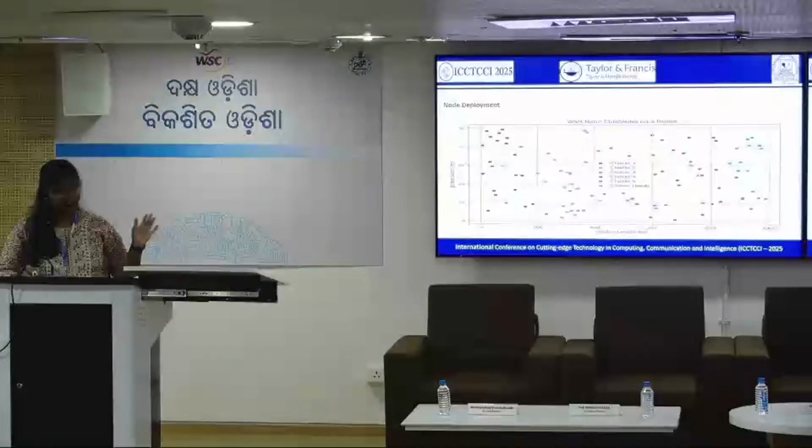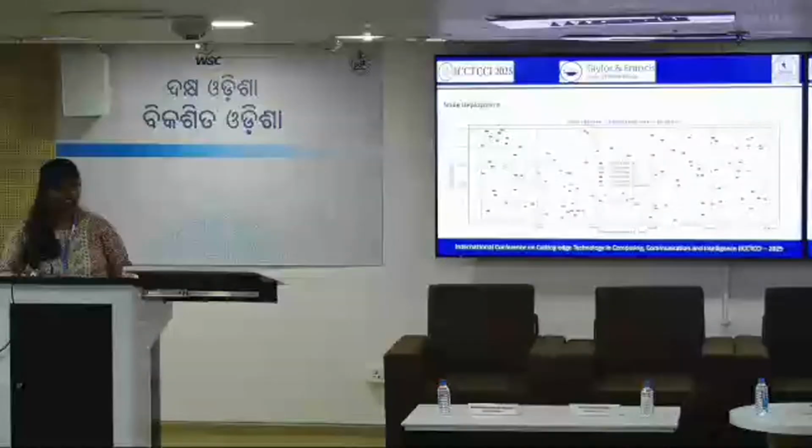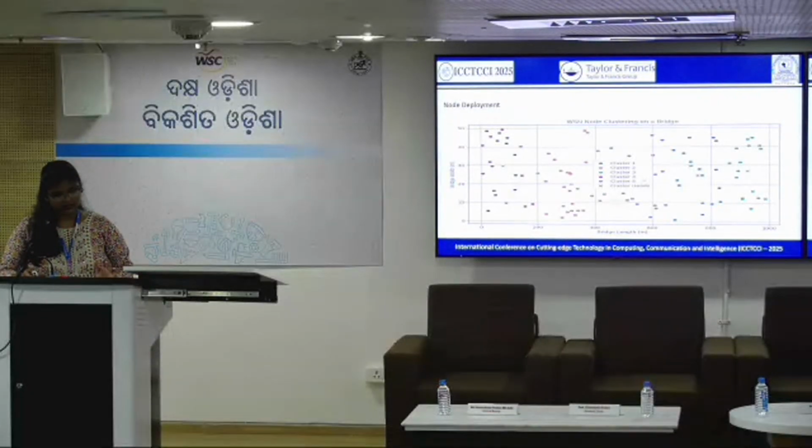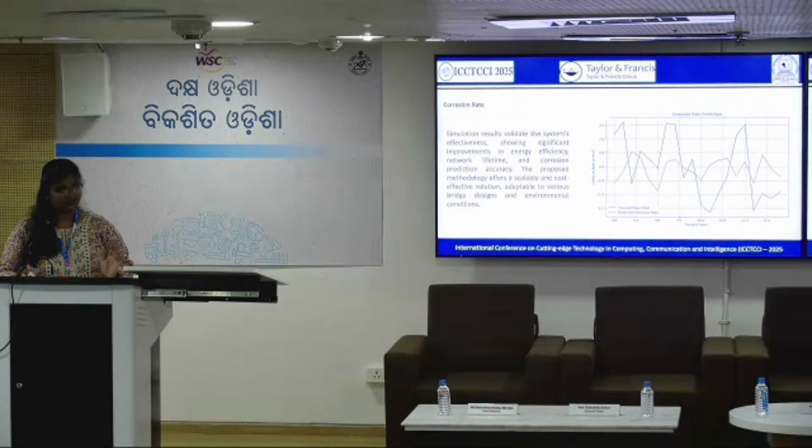These are the recent node clustering results for bridges, where we have taken different kinds of cluster heads, and next we have shown the corrosion rate, where we are showing the